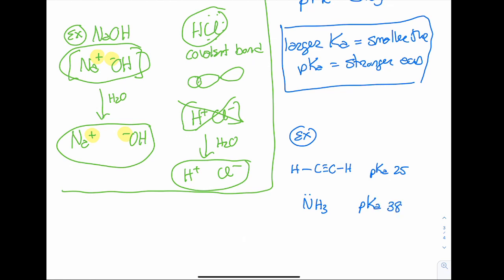Ammonia we think of as a base because its pKa is so big, so its Ka is so small, it's actually a really weak acid, right? We think of it more as bases. It's an entire continuum also, right? Just because something we think of as a base doesn't mean it can't be an acid. It's just if it's a strong base, it's a weak acid, and vice versa. The two are always opposite of each other. So anyway, out of these two, which is the stronger acid? This one, right? Because it has the smaller